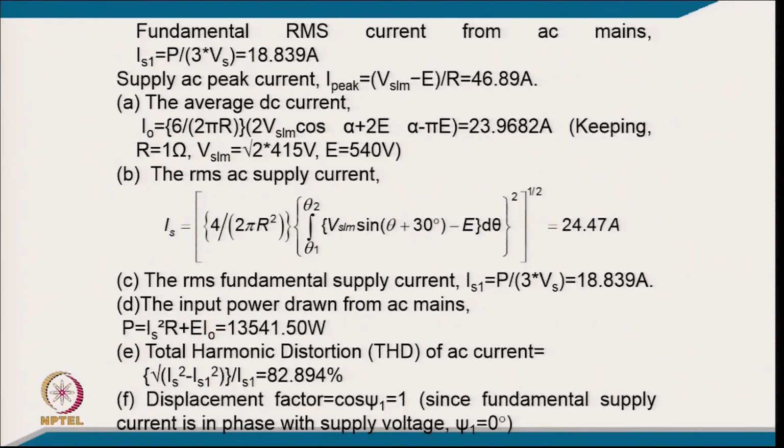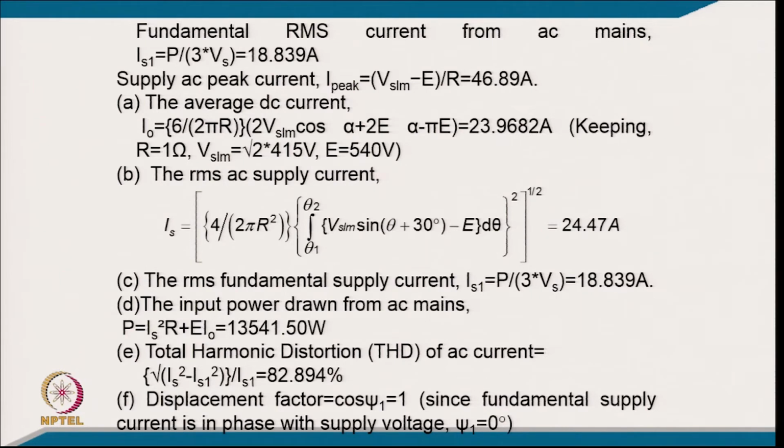that is 13,541.5 watt. So, fundamental RMS current from AC mains will be P upon 3 Vs, so that is 18.839, and supply AC peak current will be your VSM minus E, so that is 46.89. The average DC current from this relation you can calculate keeping the value 23.9682 where R is 1 and VSM, and the RMS AC supply current which we already calculated comes 24.47, and RMS fundamental current from power divided by this which we calculated earlier 18.39, and input power drawn from AC mains I square, which we also calculated previously, and the total harmonic distortion, putting the value, it comes